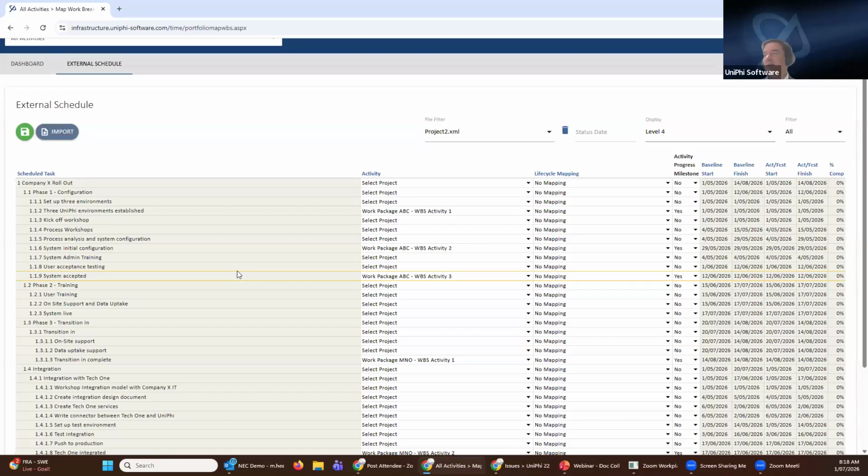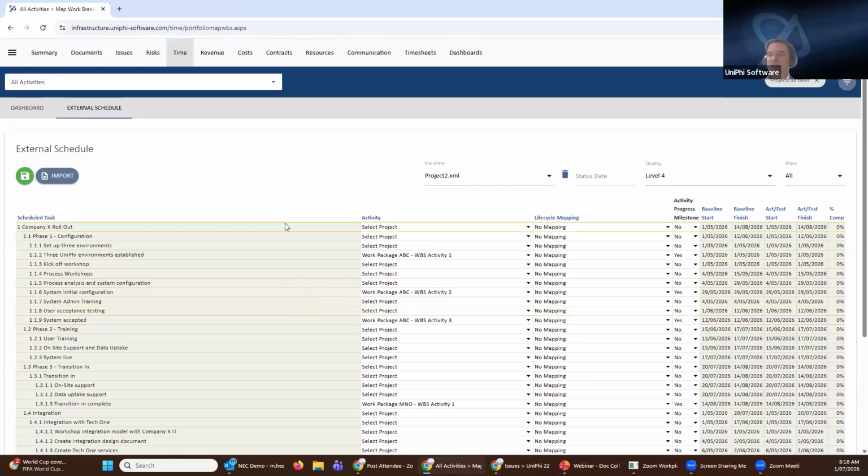You'll get those dates updated instantly. So with the activity progress milestone, what that will do is make sure you get the percent complete inheriting, and that's how the earned value gets updated. So that's one model that enables you to get dates being synchronized from an external schedule being managed by a third party typically, or a separate team. Quite often there's a scheduling team that will feed this into UniPhi themselves. Or if you're in a construction business, managing a construction business, they will send you a program as well.